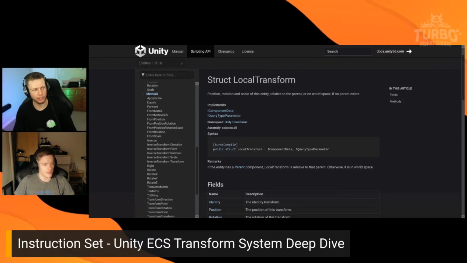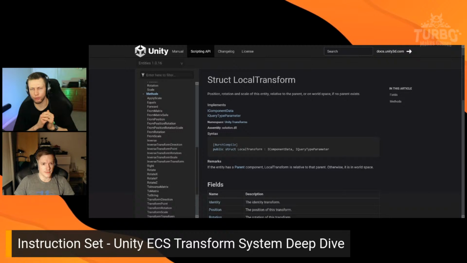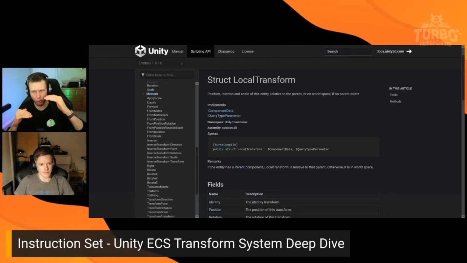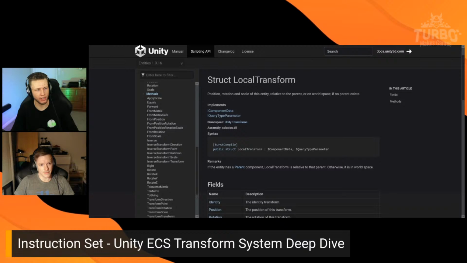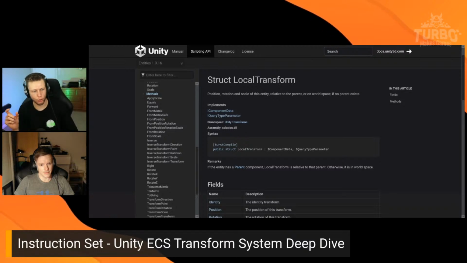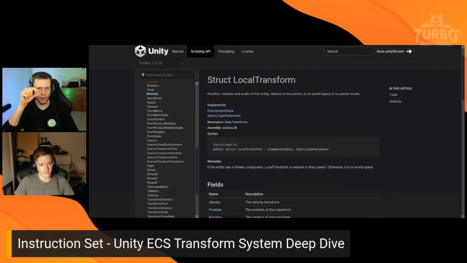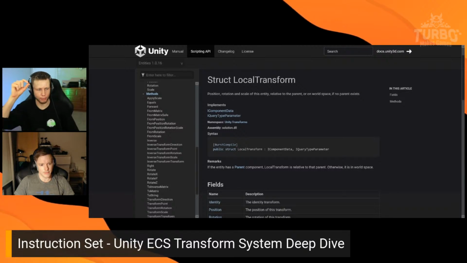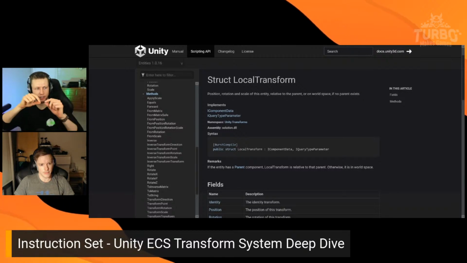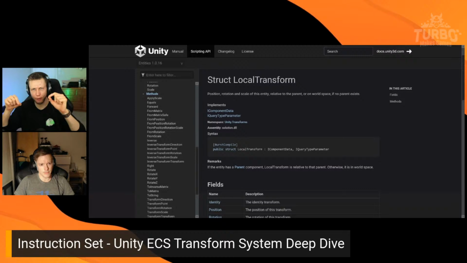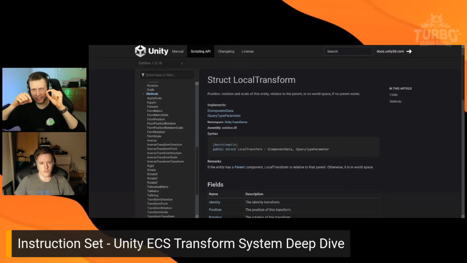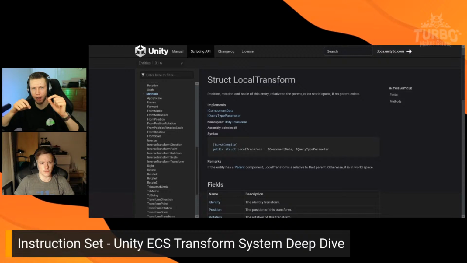However, the Unity ECS transform system is a hierarchical system, so you can have child entities and a whole hierarchical parent structure, so that now this local transform would be local to the parent's position. So you have your parent's position, and then the local transform is essentially just the offset from that. So as you move the parent around, that child entity is going to stay at that same offset relative to